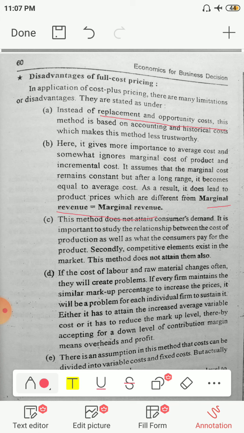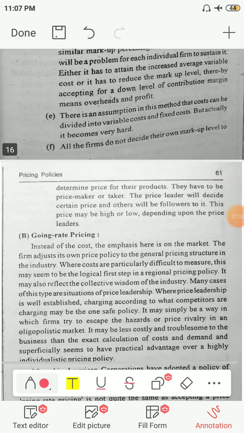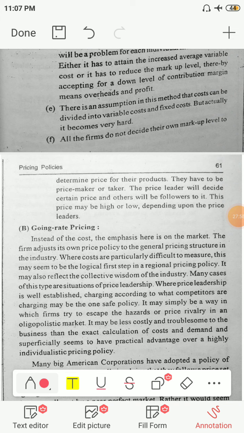See, what they say is that if your cost of labor and raw material changes frequently, then most of your time you have to spend deciding the price. For example, if your cost of raw material and labor changes on a daily basis, then most of your time is spent calculating the cost and deciding a price. So in that situation, this method is not useful. Then the next disadvantage is